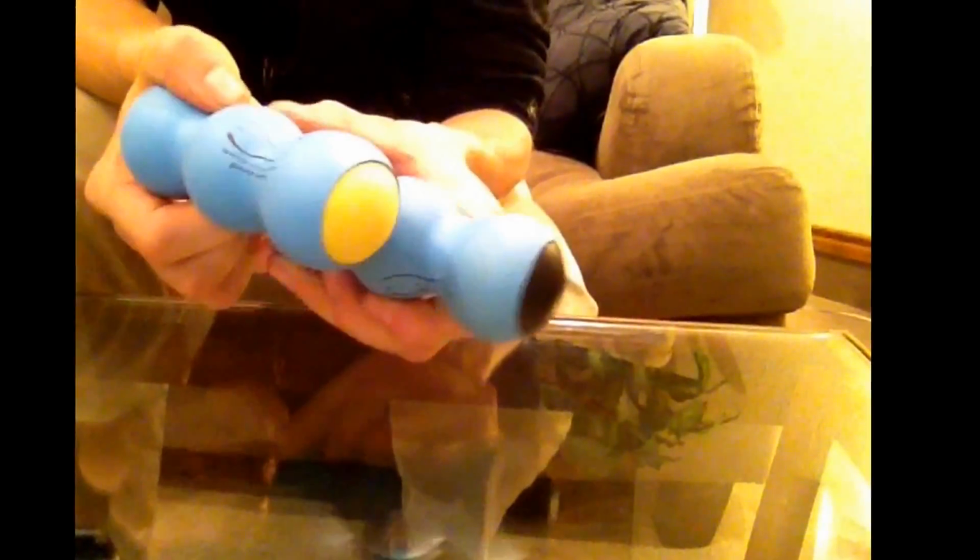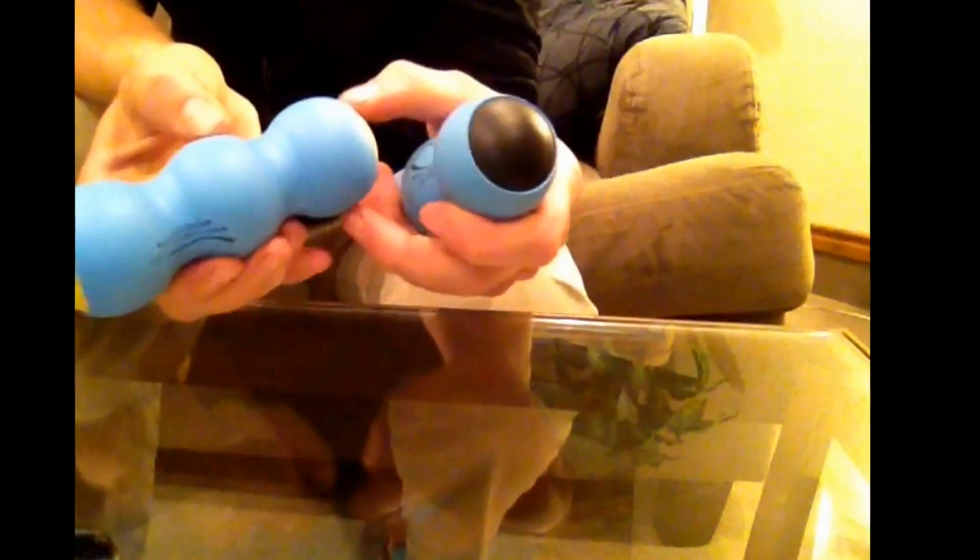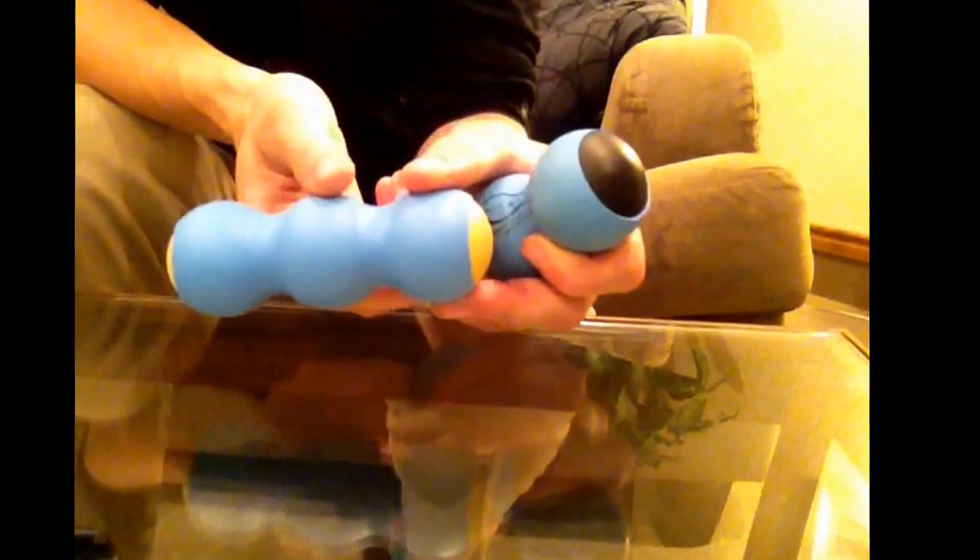The next one up is kind of a more firm. They're still what we call a baby roller. They're still tiny. These might be better for someone who has a little more muscle mass on the forearm, who wants to get deeper into the muscle. If you are a smaller body style,